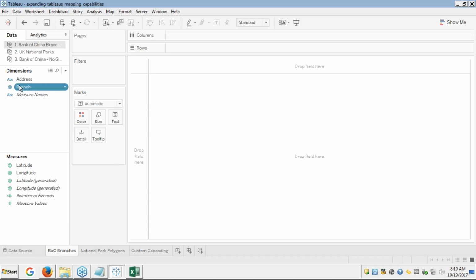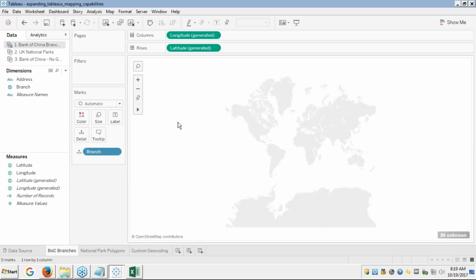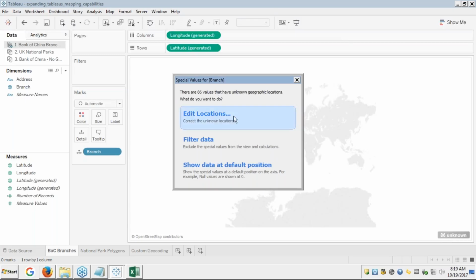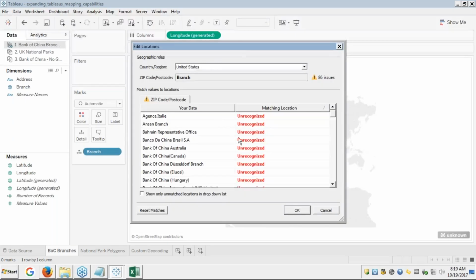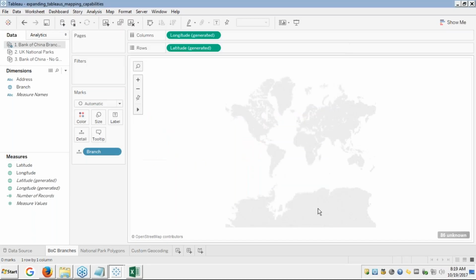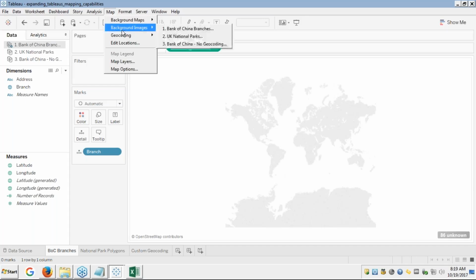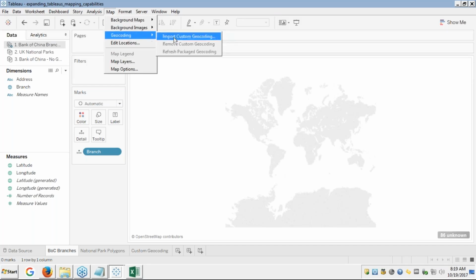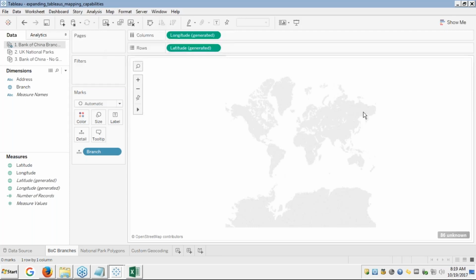After I assign that value, I can click on this branch name, and in the map currently it is not able to recognize the 86 locations I have, because I haven't imported that. If you know the geographical locations of where this branch is, you can edit the type and give the locations. If I was able to import this particular file, I would be able to assign a geographical role directly from here. Under background maps, geocoding, I can go to import and import that particular CSV file into this. After which my,